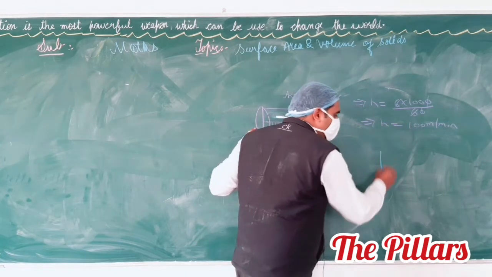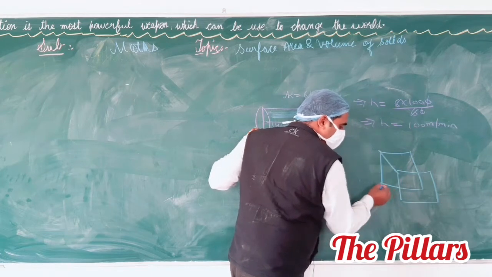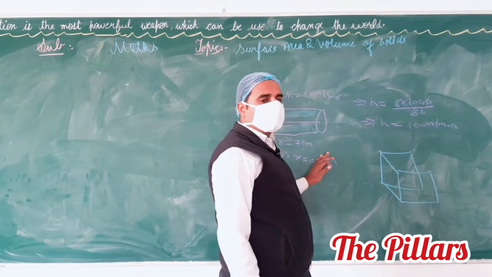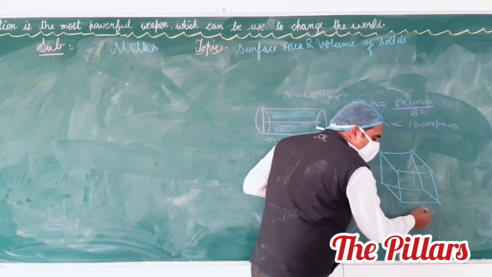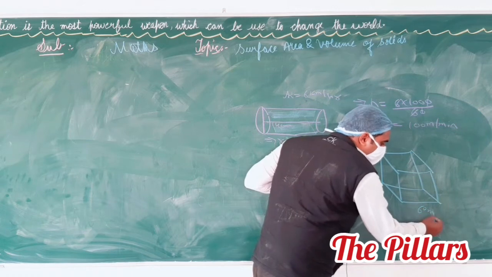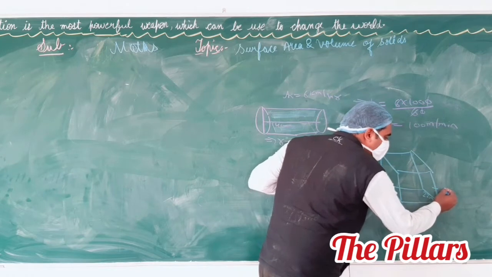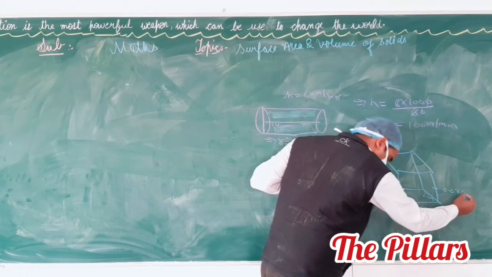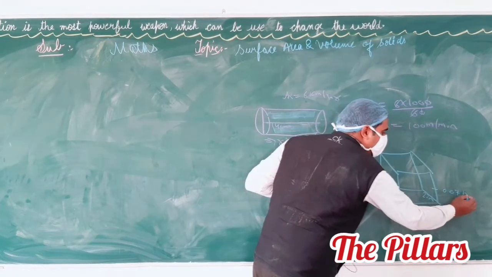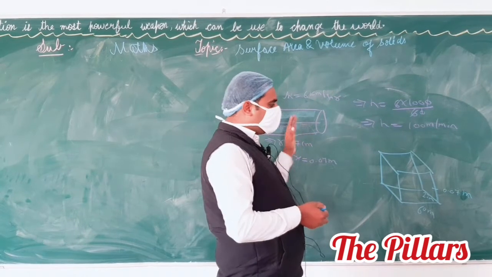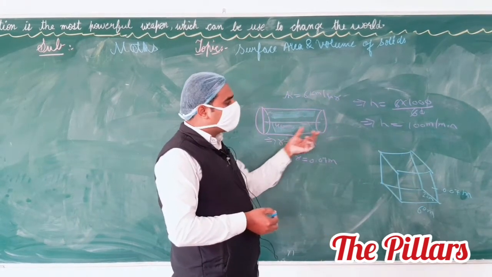The question says that from this volume we want to fill a rectangular tank. How much time do we require? You see that the tank's length is given as 60 meter, breadth 22 meter, and height 0.07 meter. We want to fill this tank by this pipe, and the speed of water in this pipe is 100 meter per minute.